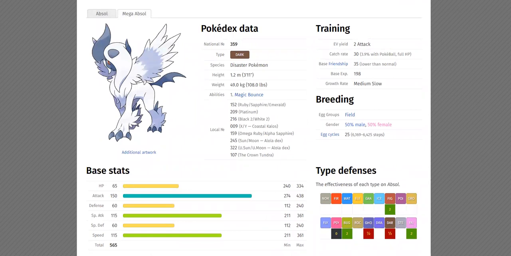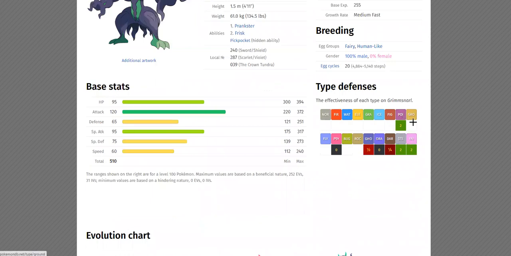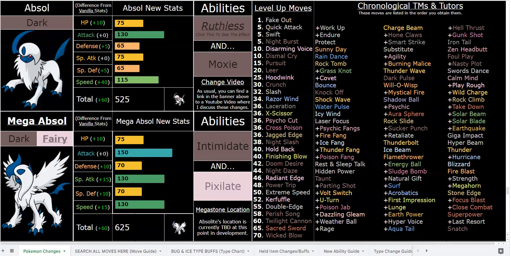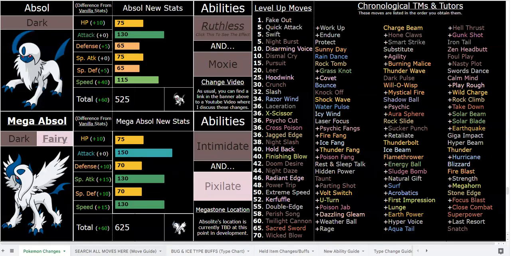And it's actually pretty good defensively as well, if you check out, I don't know, Grimmsnarl, just to show you the exact effectiveness. It is weak to three things: Poison, Steel, Fairy, but it has a 4x Dark resist, which is huge, and it's immune to both Psychic and Dragon, and it resists Ghost, so it's pretty good. However, keep in mind it is also weak to Bug now, because Bug type is buffed to